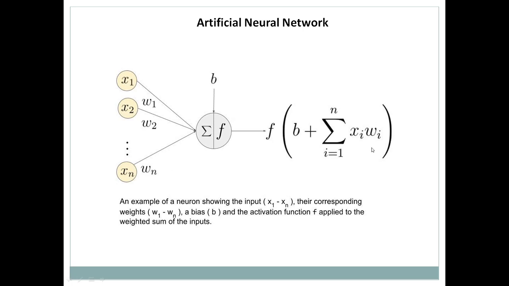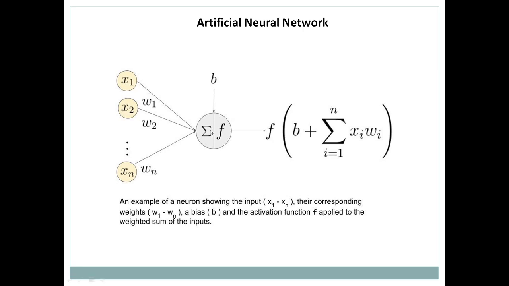So this kind of calculation will be done for i equals 1 to n, because I don't know how many inputs there are. Just take a simple example. I want to recognize a digit. The possibilities are from 0 to 9, 0 1 2 3 up to 9. These are the total 10 digits. I want to recognize it. So in this case you are going to provide the input.